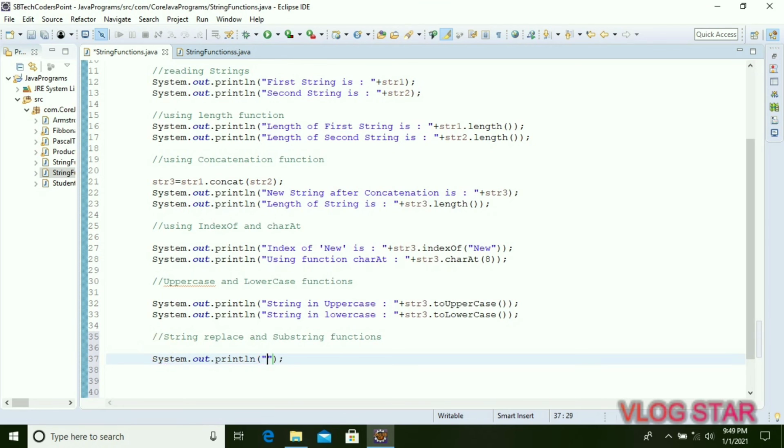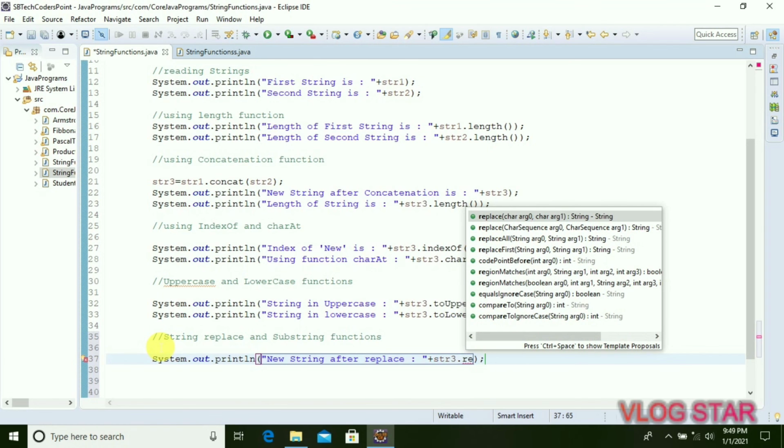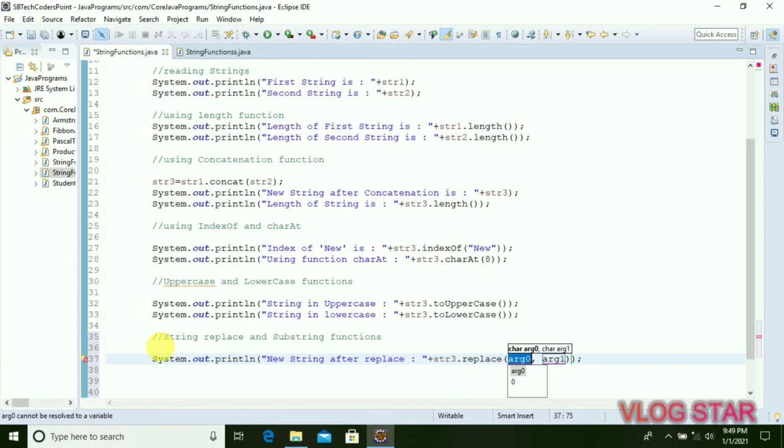Here within our output statement, that is system.out.println, we will print new string after replace plus str3 dot replace function, and we have to write here the word which we want to replace.